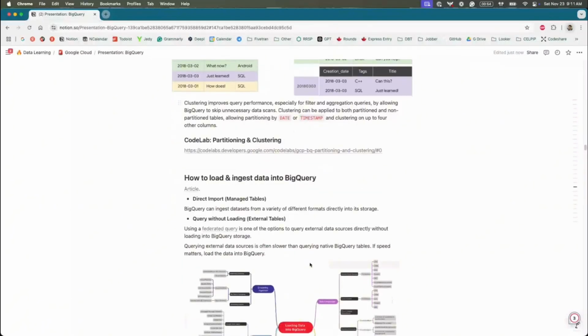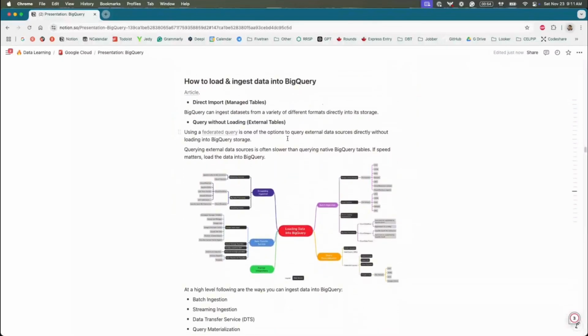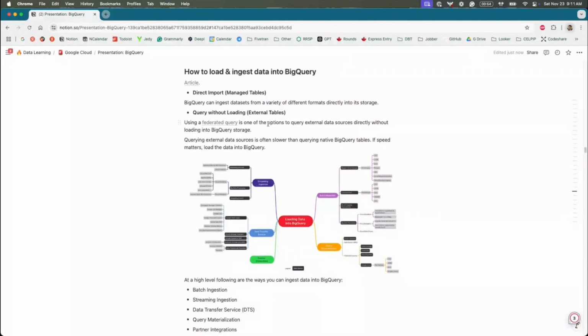And today we will cover some new topics, and the first topic for today will be how to load and ingest data into BigQuery. There are two different types. The first type is direct import, where you load data directly into BigQuery's own storage. Or you can use external tables. For example, you can have data in your Google Sheets, and you can query this Google Sheet data directly